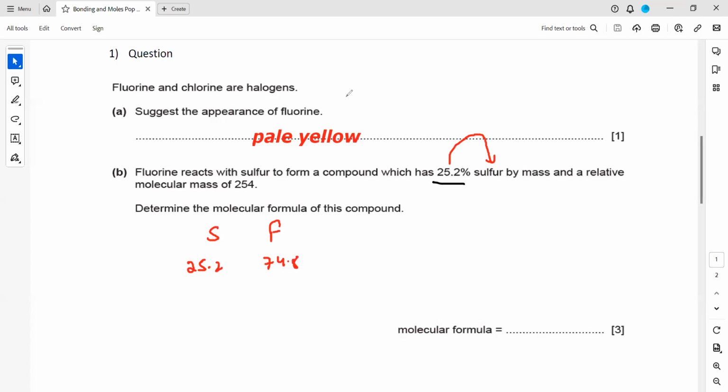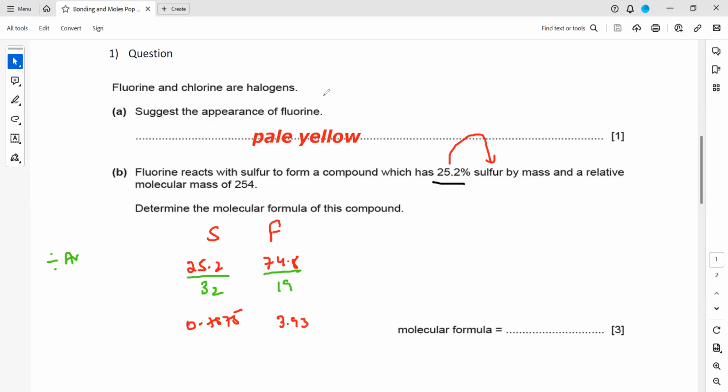Now, first we work out the empirical formula, and then from the empirical formula, we work out the molecular formula. Step 1, we divide by the relative atomic mass. Sulfur is 32 and fluorine is 19. So 25.2 divided by 32 is 0.7875. And 74.8 divided by 19 is